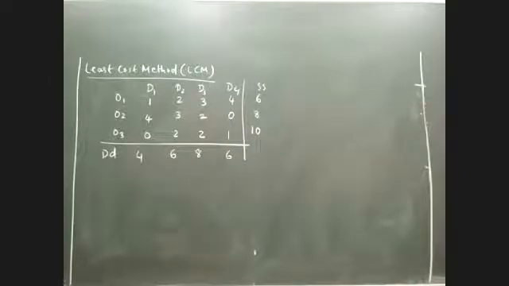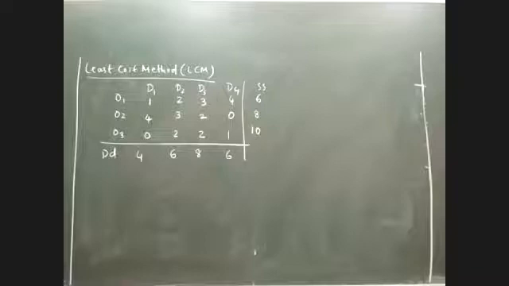Now let's start with the second method, the least cost method. As I already said, whenever the question is about calculating the initial basic feasible solution or the transportation cost in a transportation problem, the first prerequisite remains the same for all three methods. So what is the first thing to be verified before we start solving the problem? Balanced or unbalanced. Very good. First, you are supposed to verify whether the given transportation problem is balanced or unbalanced.